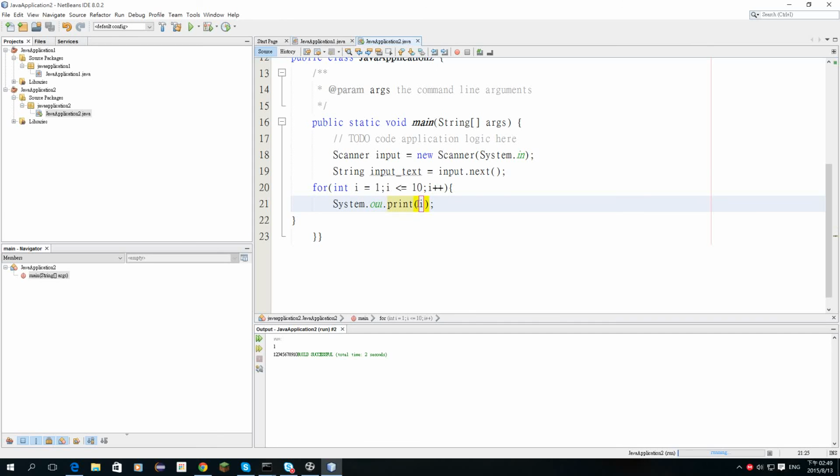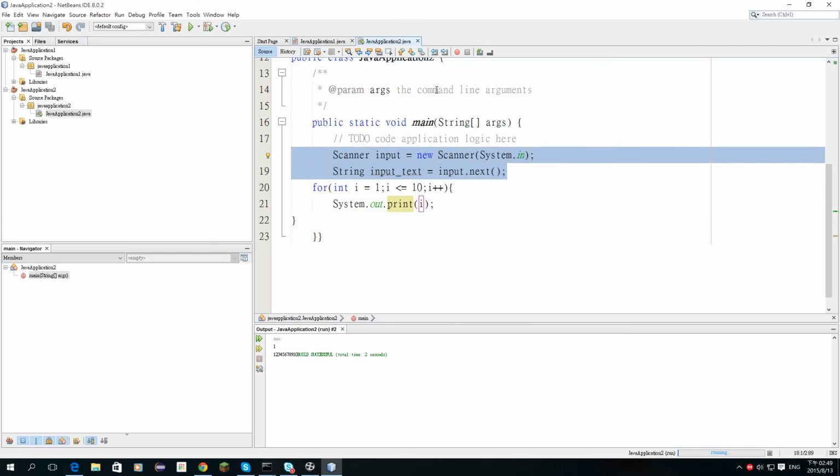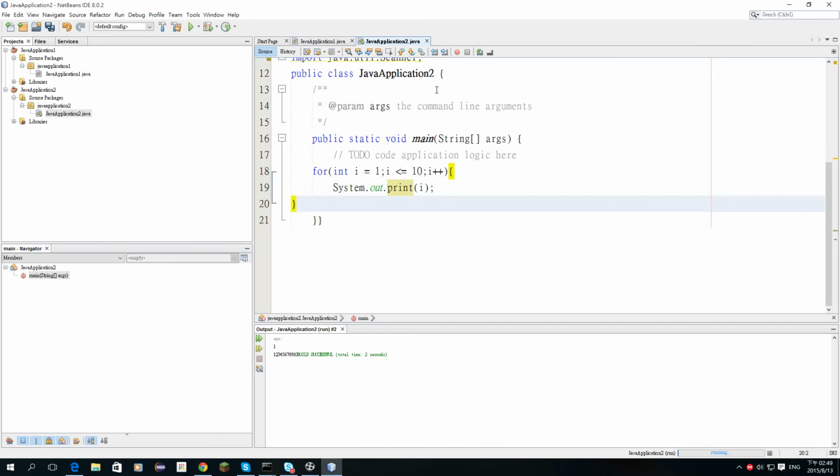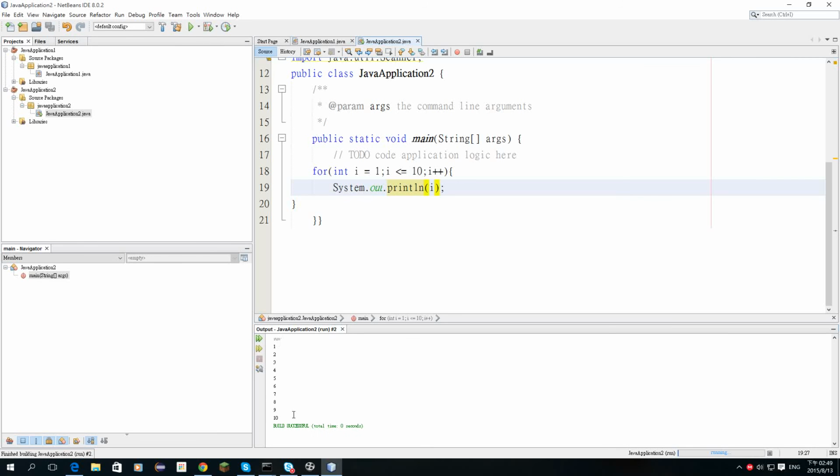If you really want to change line, make it 10 lines. You need to use println. Okay, let me delete the scanner and let me execute again. Now using the different line, you can see this 10, 9, 8, 7, 6, 5, 4, 3, 2, 1,